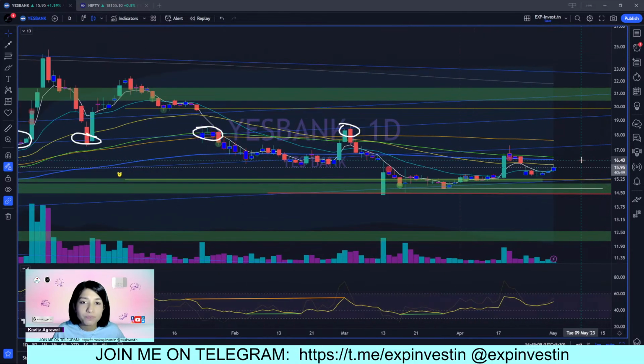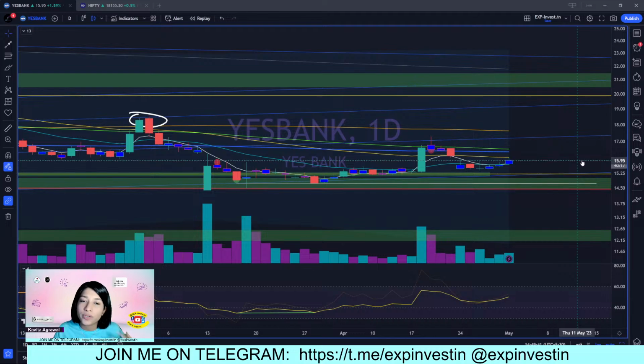If you have Yes Bank, I won't suggest you allocate more than 5% of your total trading corpus. And if what you're holding right now is less than that 5%, go ahead and buy more to average it out. But I won't suggest that you add more if Yes Bank is already more than 5% of your total portfolio, because that would be like watering weeds in a garden where you want to grow fruits and vegetables or flowers. So not a very good strategy, right? If you're already over allocated, just wait for some time till it comes to 19 and rip off the band-aid, book your losses.